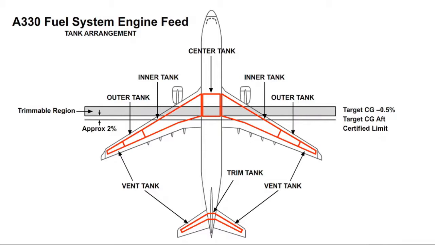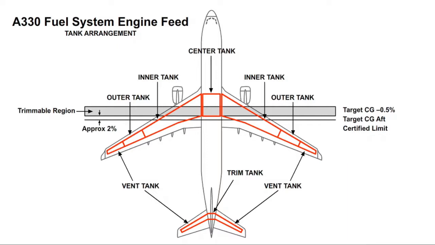When fuel is transferred aft to the trim tank, the CG moves aft. Conversely, when fuel is moved forward out of the trim tank, the CG moves forward. It is through the movement of fuel back and forth in this manner that the trim tank transfer system controls the aircraft's CG. The purpose of the automatic transfer system is to increase fuel efficiency by managing the airplane CG,